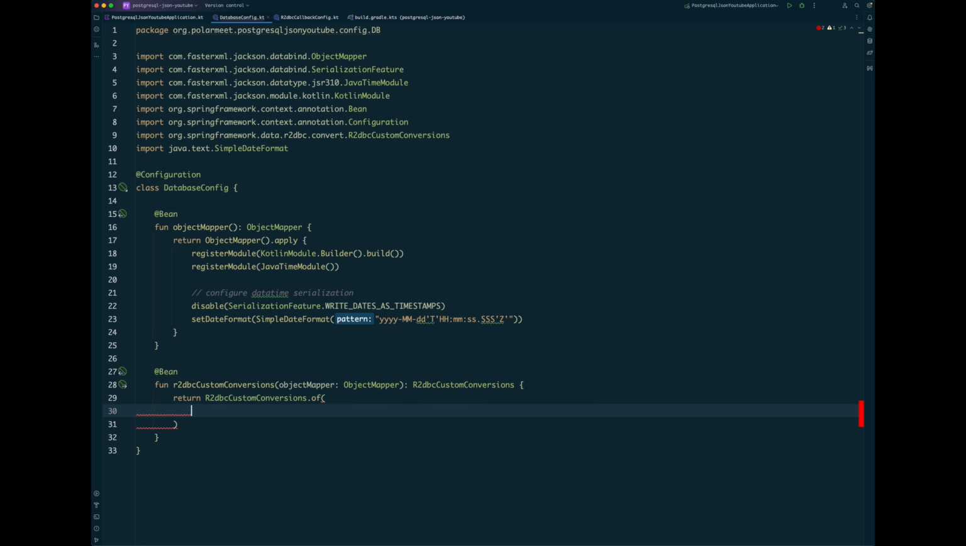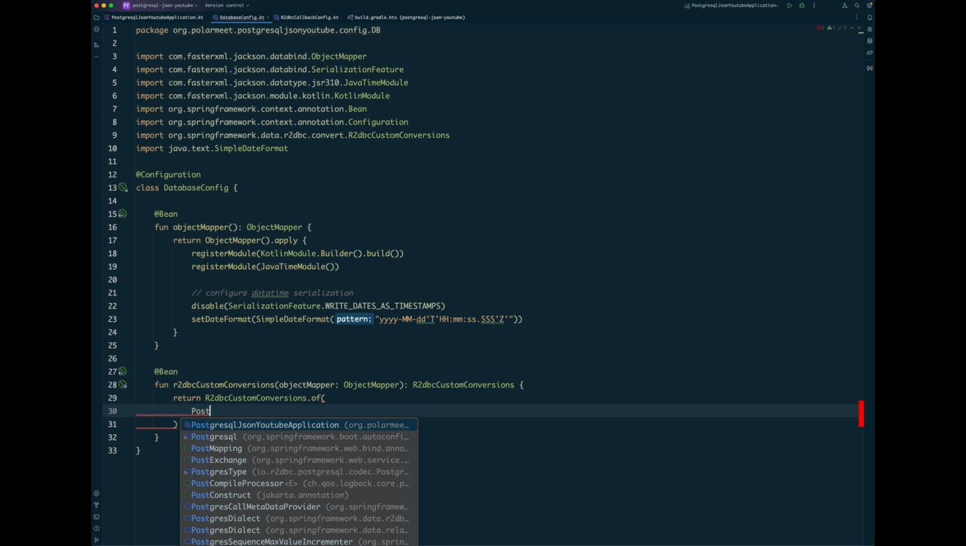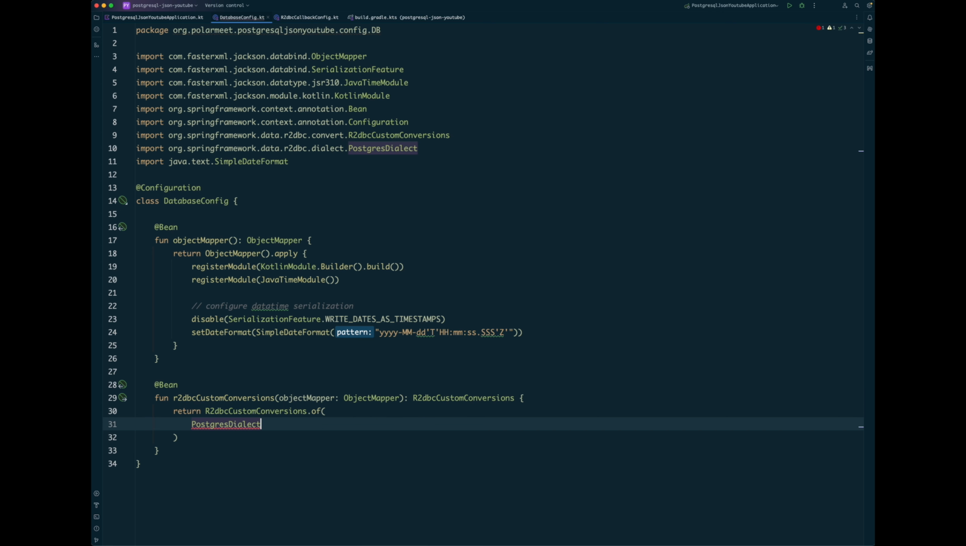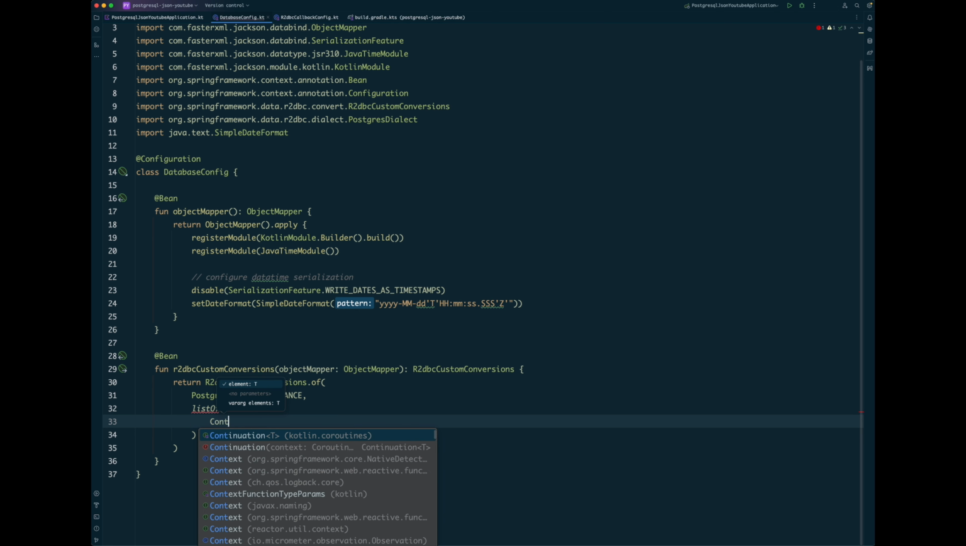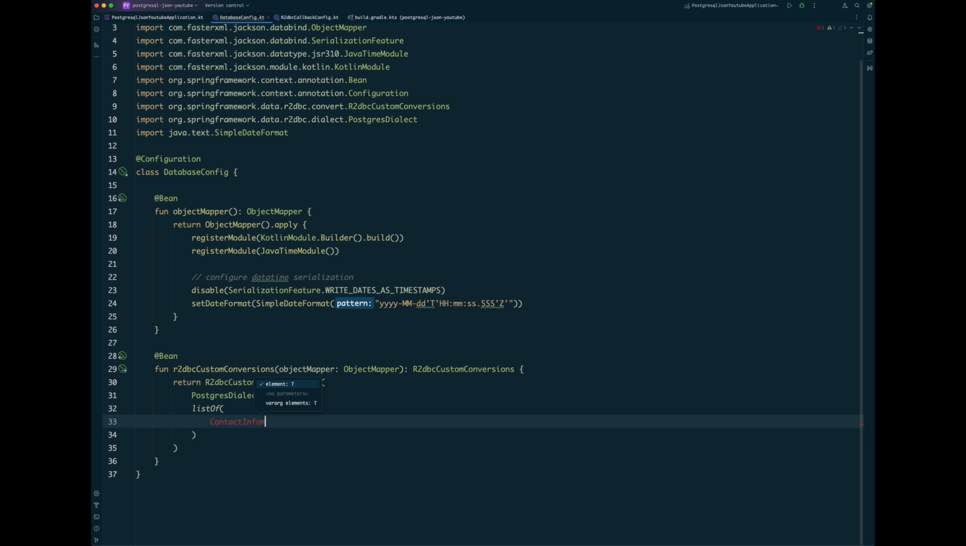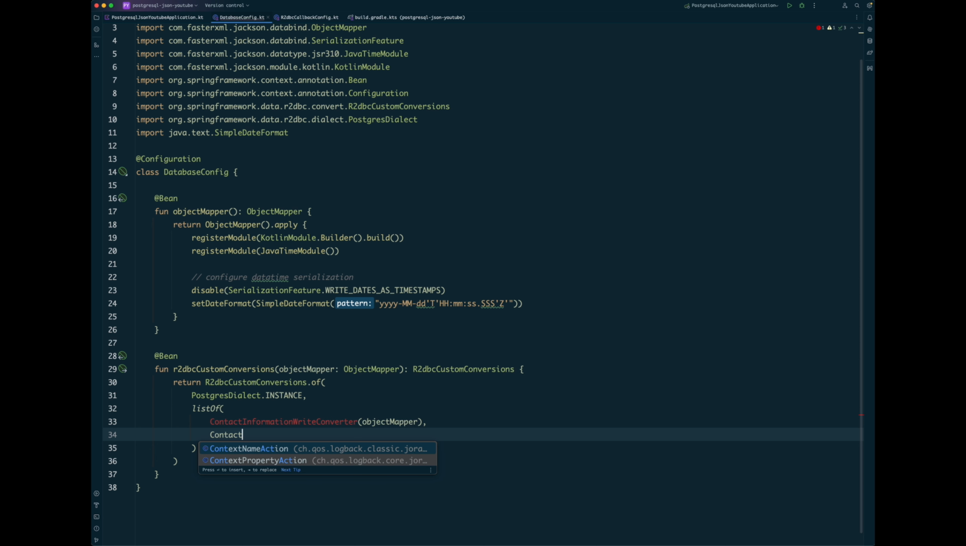of PostgreSQL dialect dot instance, list of. Here we have to add two custom conversions, so we have to make these methods now. We will be writing those methods, for while contact information write converter. Pass the object mapper here, and again we have to do contact information read